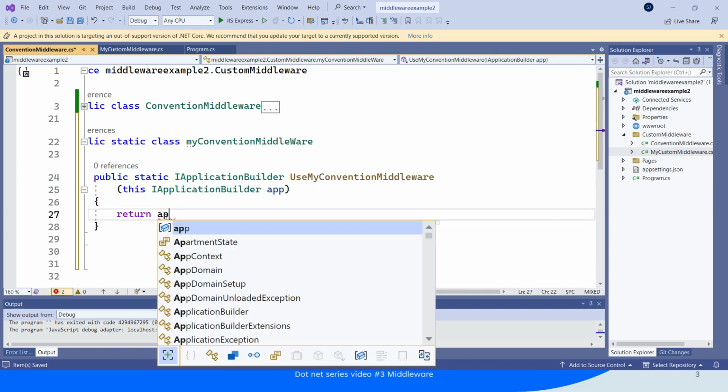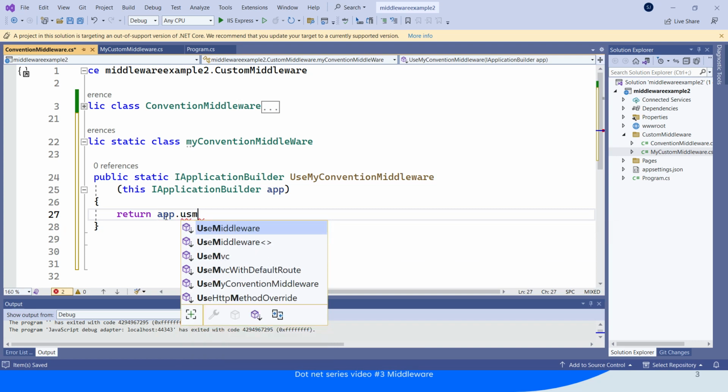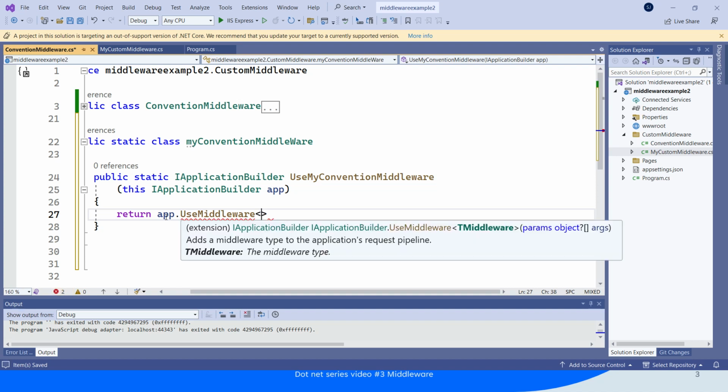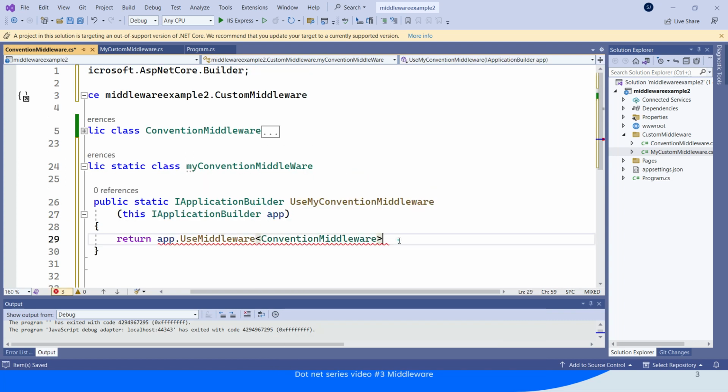So app dot use middleware. Use middleware, what? The name of the middleware. Our middleware name is conventional middleware. So this we use, and now we are returning this. Now we can have